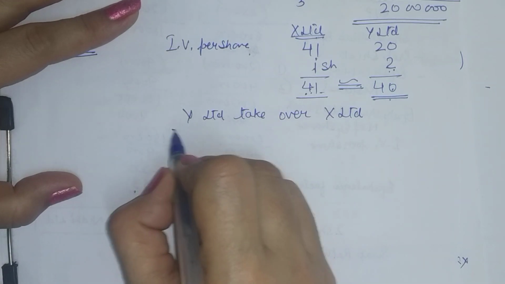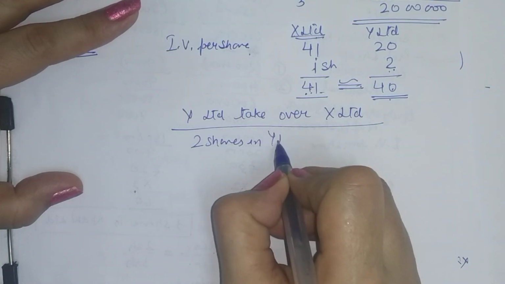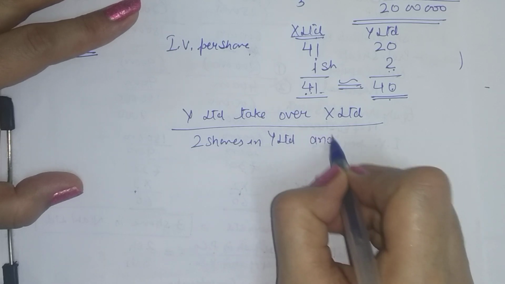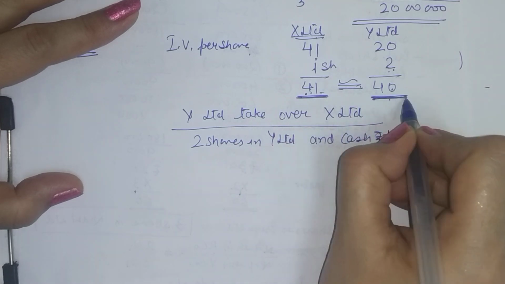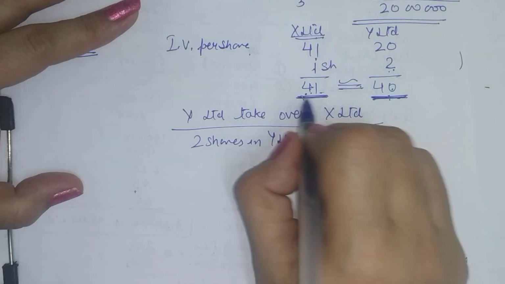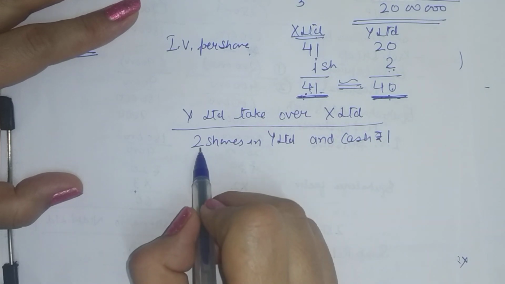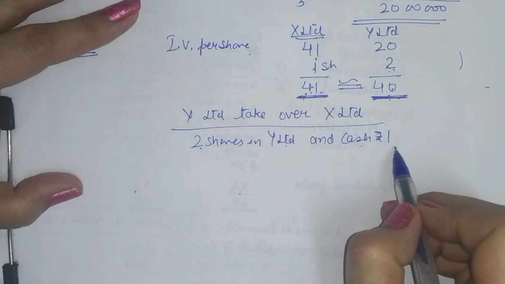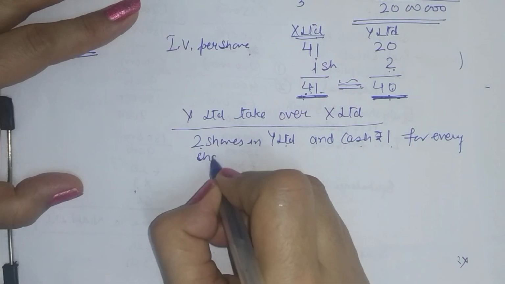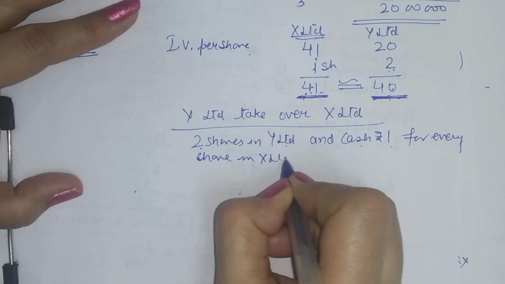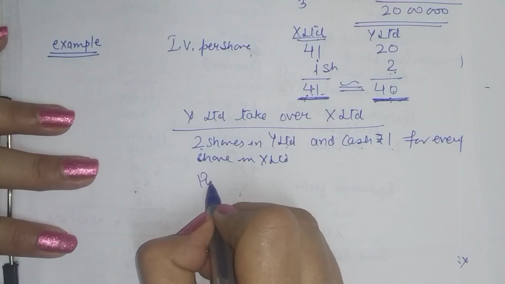So our swap will be 2 shares in Y limited and cash of 1 rupee. Because with 2 shares, they will get only 40 rupees of the amount. 1 rupee is still there. So they will get 2 shares in Y limited plus a cash of 1 rupee for every share in the X limited. So if X limited is having say 50,000 shares, so purchase consideration will be